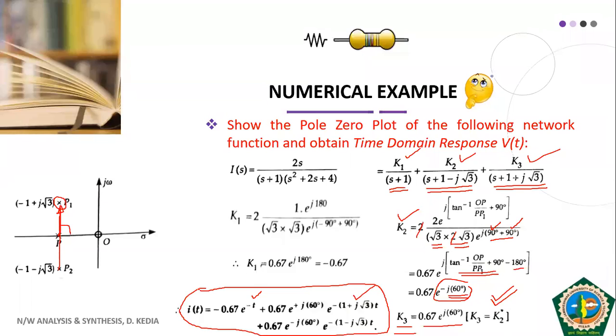So I hope every student is able to understand the calculation of the time domain response if you are given a pole zero plot. That was the last application of your network function with the help of the pole zero plot. I hope all of you are very comfortable with this approach now, and you have understood all the concepts. I appeal to all the students to read it from the book and try to understand further. And if there is any doubt, you can discuss with me. So I stop here and we will continue in the next class.